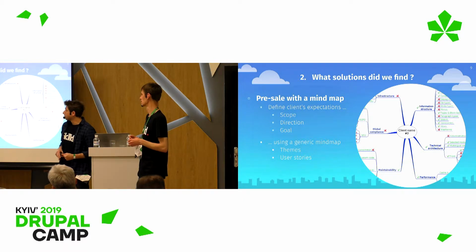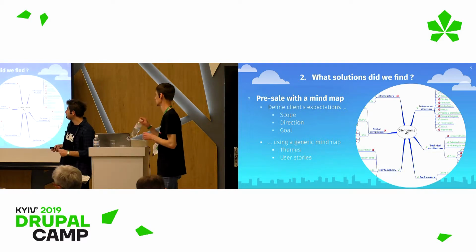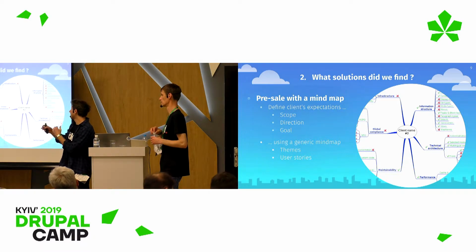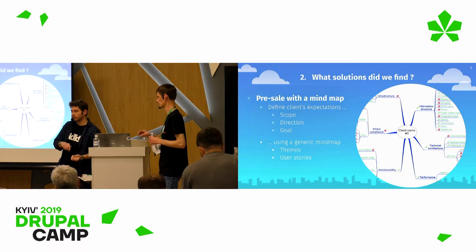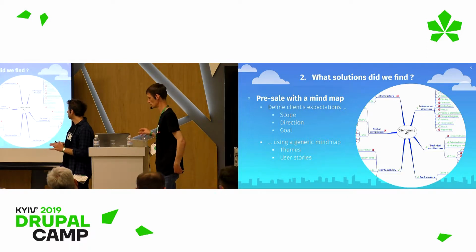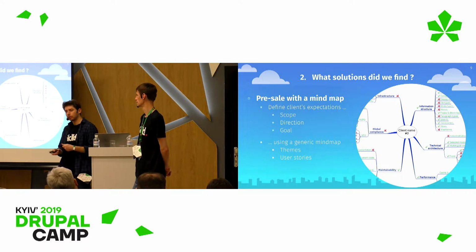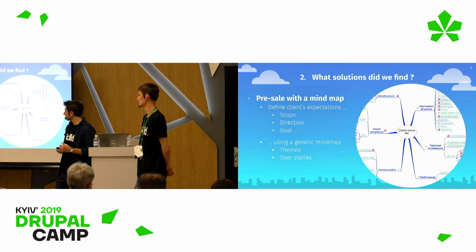Because when you talk to a client and he's asking you to perform an audit, he actually doesn't really know what should be in the audit and what scope it should have. So we use the Mindmap to clearly define the themes that we could audit and typical user stories related to those themes. Thanks to that, we are able to show the clients what we could conduct the audits on,